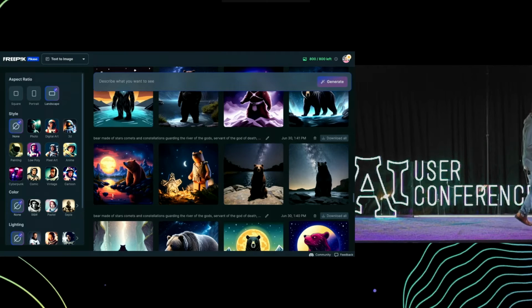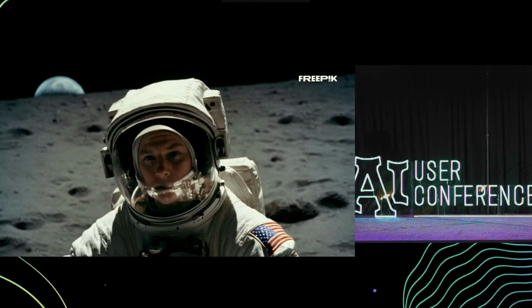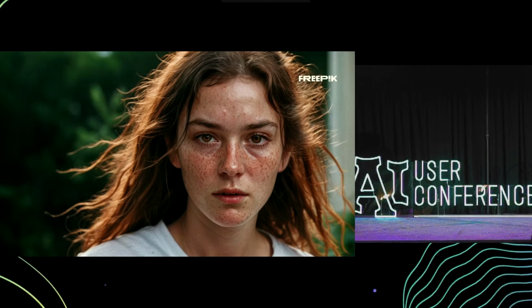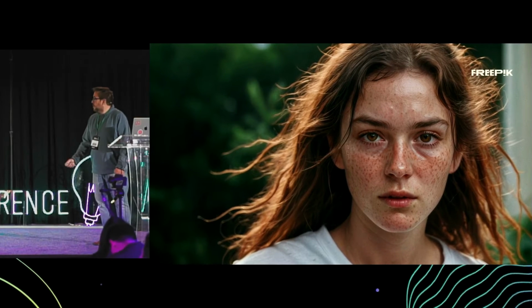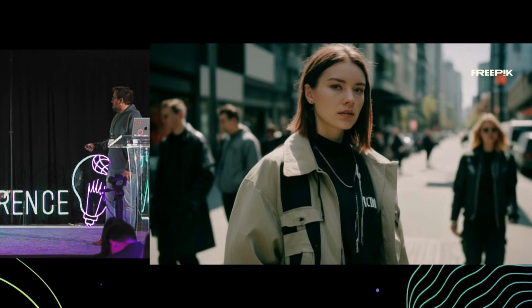This is first our text-to-image generator. You are already familiar with this: you input a prompt and you get an image. We've been fine-tuning and improving this tool, so nowadays we're able to generate high-quality, realistic images with just a prompt. Those are some examples.